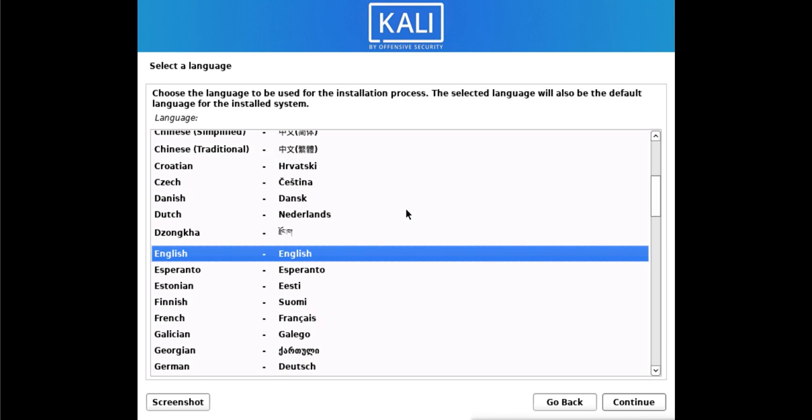And it will start the graphical installer. It is not a text based installer. So here it is asking to select the language. Whatever language you understand, you can select it. So I will go with English, and I'll say OK,